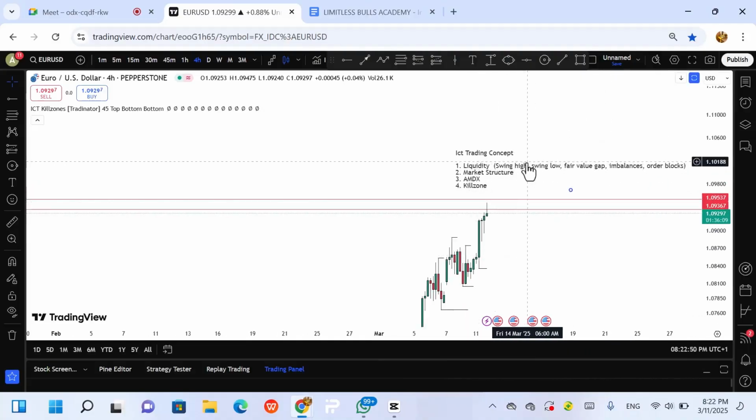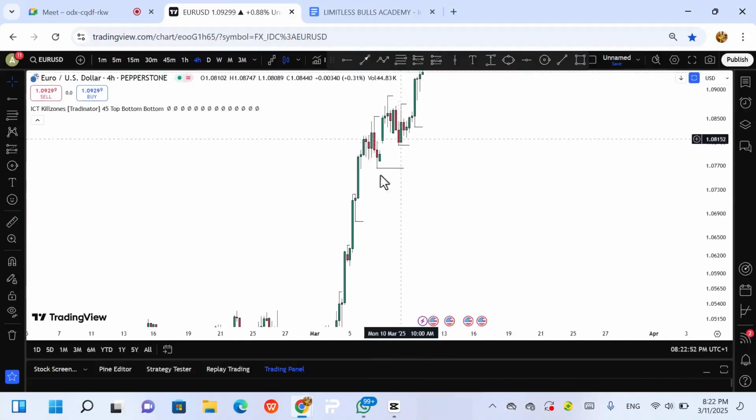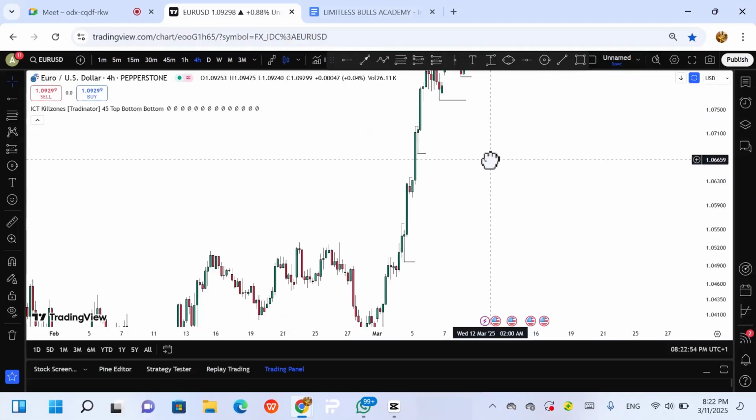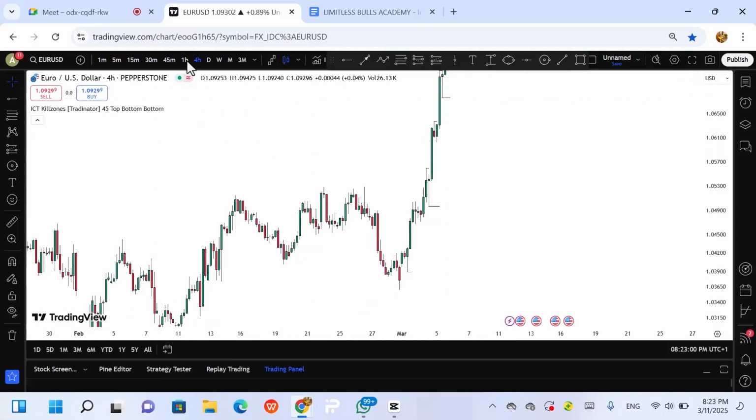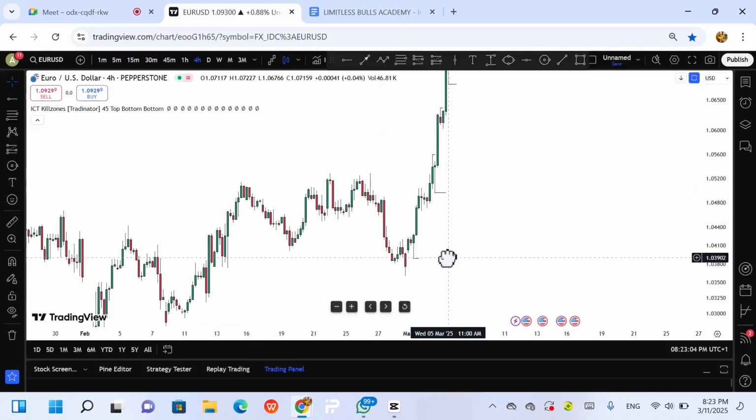So this is for swing highs and swing lows. You can see how I've marked them up. At each different time frame, you see different swing highs and swing lows. So you can see this is a 4-hour time frame. You can see that this is a swing high, this is a swing low. So now this is a 3 candlestick pattern. Now this is a market gap, but this is a 3 candlestick pattern. 1, 2, 3. And what are you seeing now? You are seeing a swing low here. What do we say a swing low represents? It represents a bullish bias.